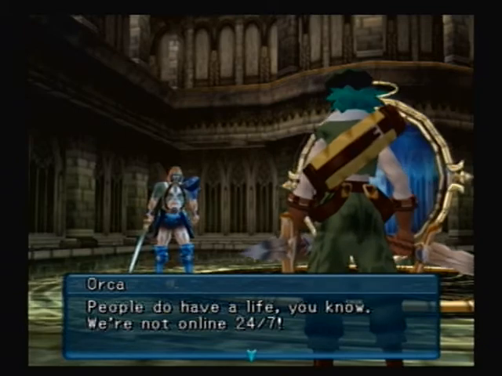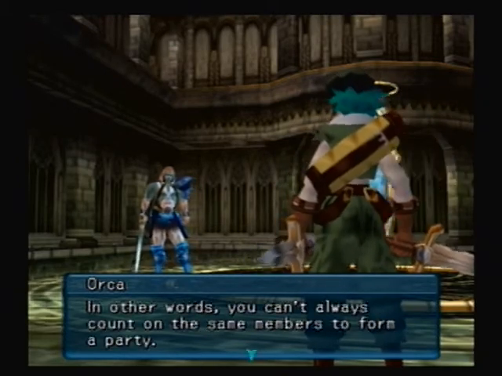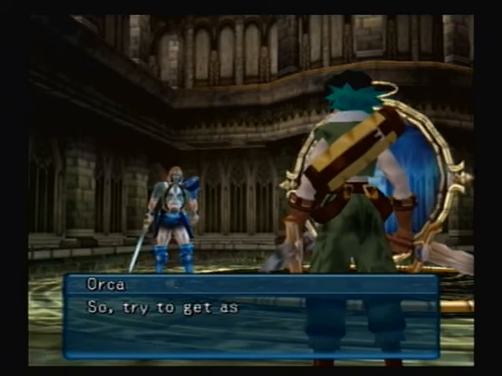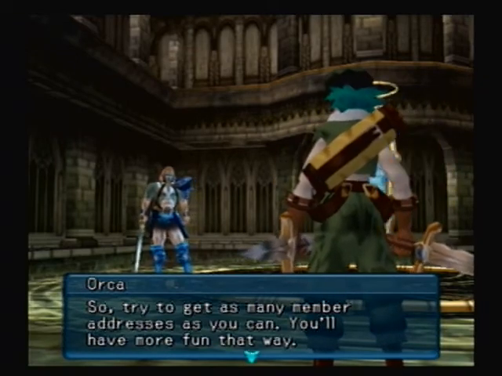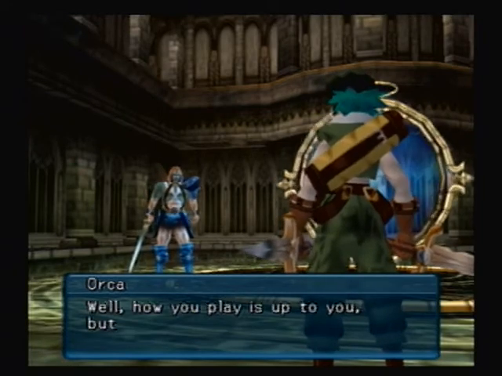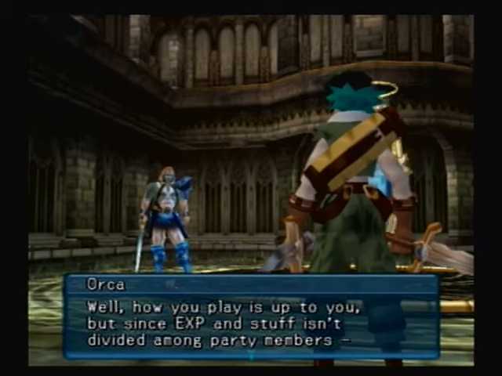We're not online 24/7. In other words, you can't always count on the same members to form a party. So, try to get as many member addresses as you can. You'll have more fun that way. Since EXP and stuff isn't divided among party members,